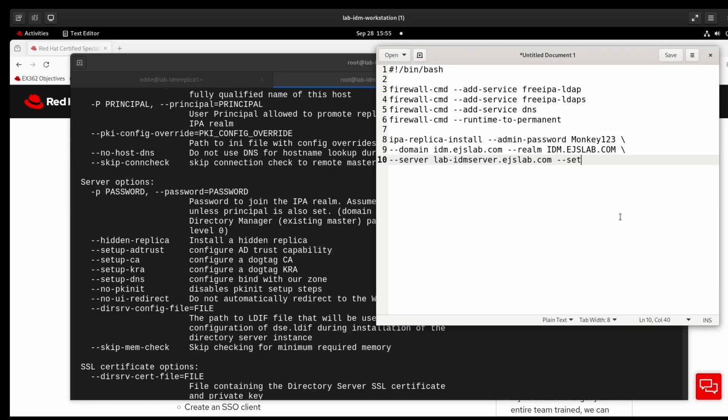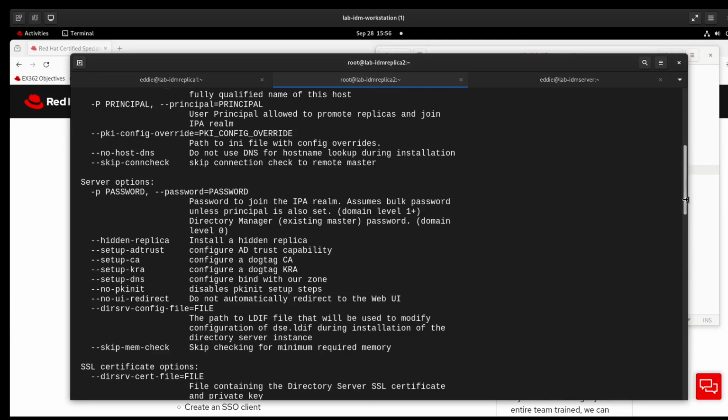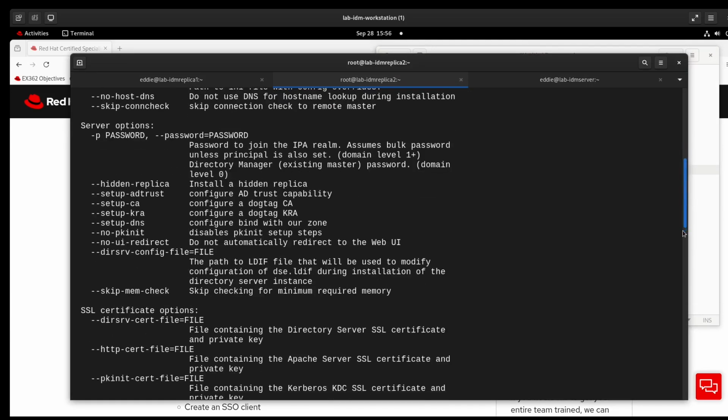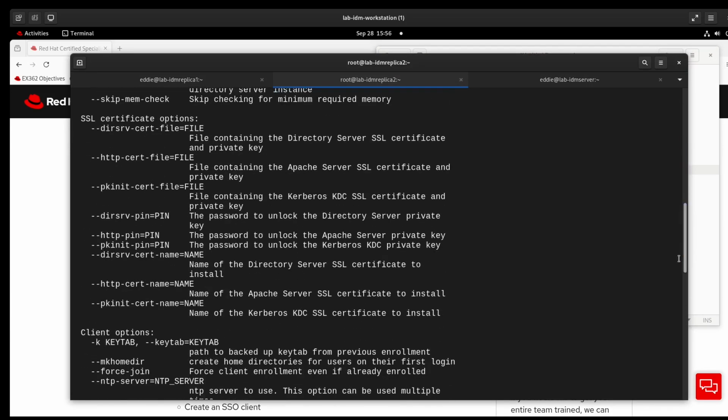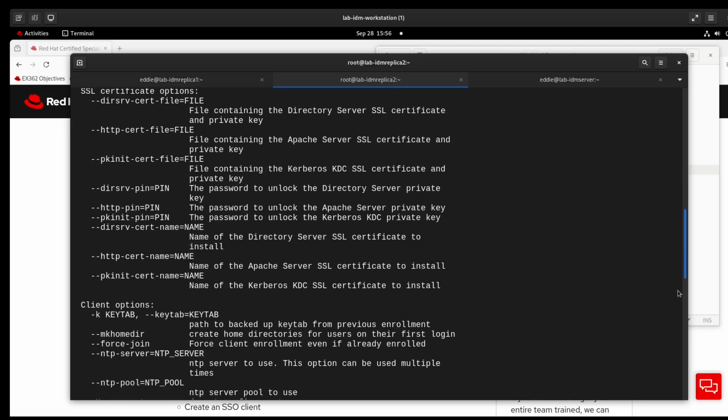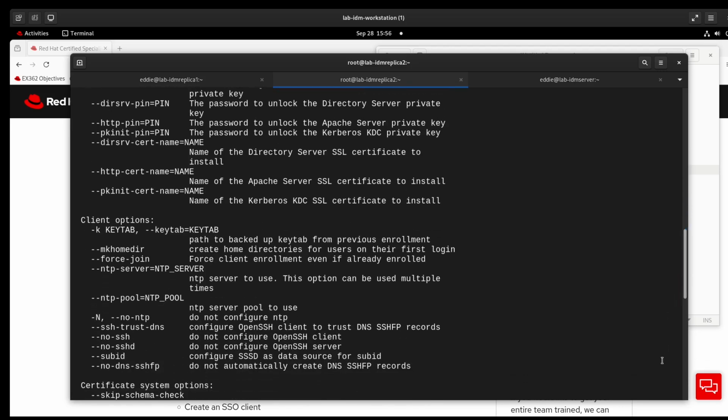So setup CA, setup DNS. You might not have to put setup CA. I may be wrong with that. You have the option to go ahead and make a hidden replica if you want. We're not going to do that for this particular practice session. I do encourage you, and I'll be doing this myself, as you do practice sessions, do scenarios where you are installing a hidden replica,